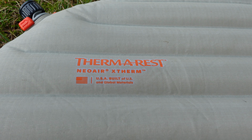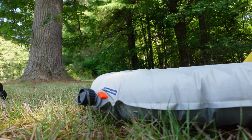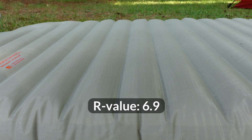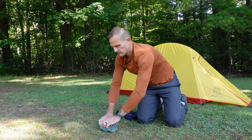So let's talk about that first requirement. It needs to be warm in 4 seasons. I live in Western New York and I travel to the Adirondacks and I love to camp in the winter, so I need something that's extra warm. The Xtherm comes in an R value of 6.9, which is absolutely incredible. There are some competitors that come close to that, but they don't really check the other boxes of being light